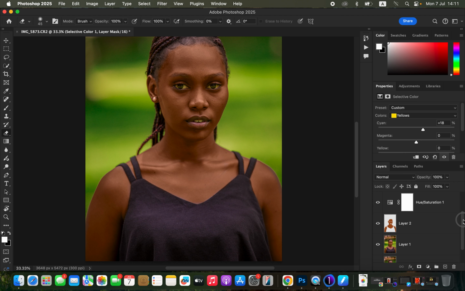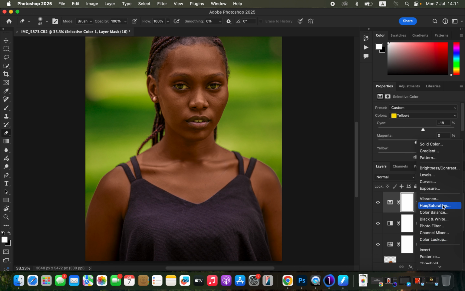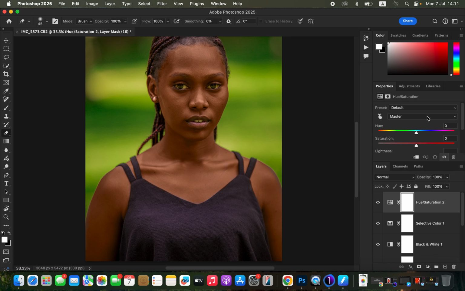You can now come and first of all create a hue and saturation adjustment layer. Then make sure master is selected and take down the saturation of the master. And by taking down the saturation, you can see it has also made the eyes look white and it has removed the green color from the eyes. So at about -74, then press Command I, or you can use Control I on the keyboard to invert the